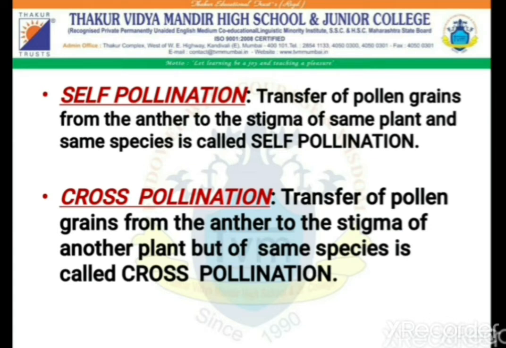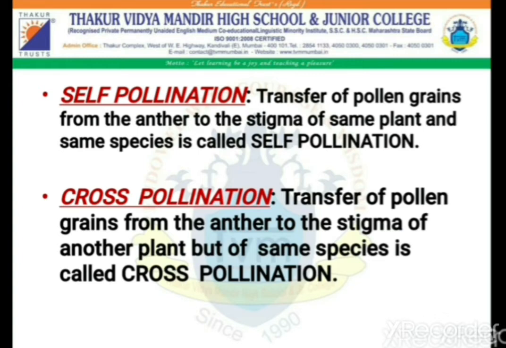If the pollen grains are transferred to the same plant of the same species, it is called self-pollination. Whereas if it is transferred to another plant but of the same species, it is called cross-pollination. So till now the pollen grains have landed on the stigma. Here the pollination process is completed